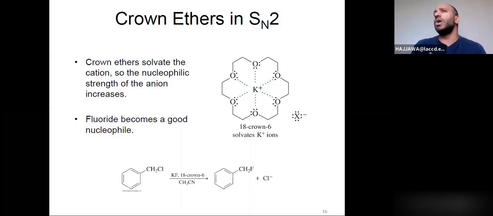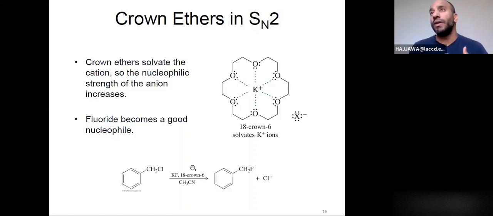What if I have a moderate nucleophile? How can I push this? Or a weak nucleophile, how can I push this? Well, here's an example. Look at this. It's a benzyl chloride using KF. What's an F minus? That's a weak nucleophile. This reaction, when it's done without crown ether or